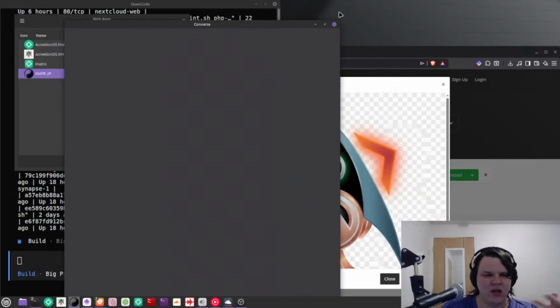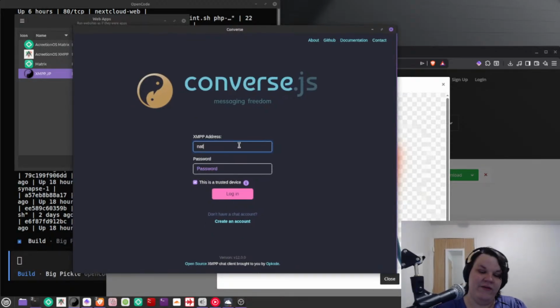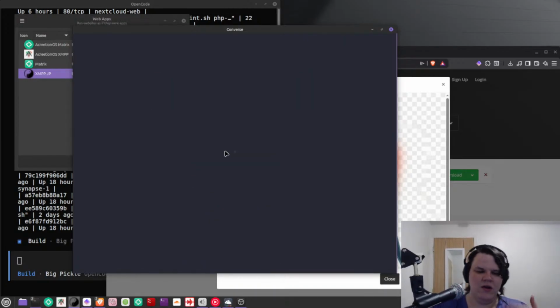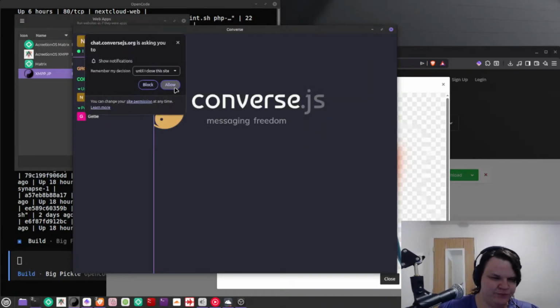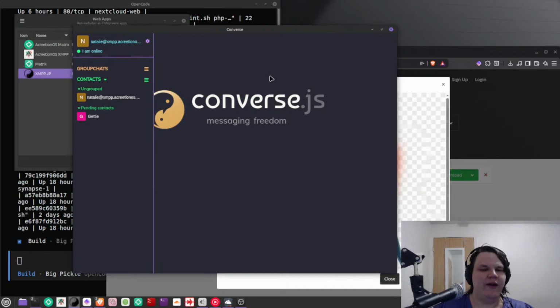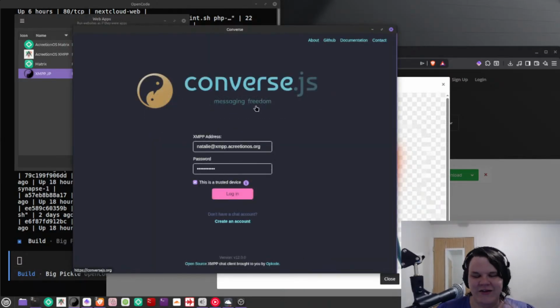As you can see here, it should. I do have to log in, that's totally fine. Helps if you actually put the right address, not just your email. Yes, it's a trusted device. Totally fine. Wait. Ah shit, I logged into the wrong account. Like an idiot. Let's go ahead and log out. Oh my god. I got so used to using my new account.